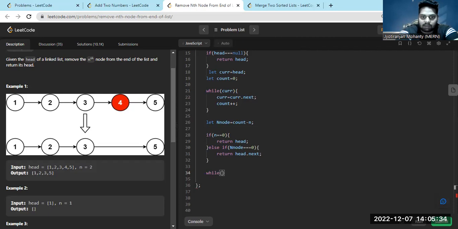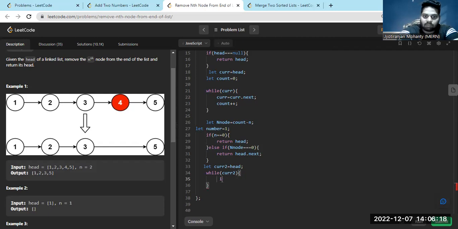So now I'm writing the case of traversing the linked list to delete the element inside the linked list. So I need to take another current variable, current 2 equal to head also. If my current 2 is not null, I need to traverse. So I need to take another variable, number. It should be starting from 1 because I am starting from the first node. So it should be from 1. So every time if my number equal to,